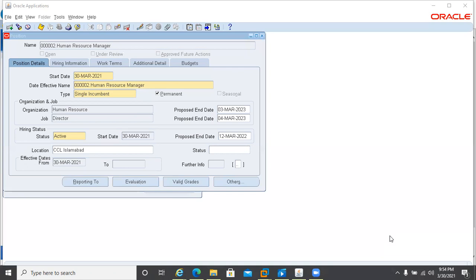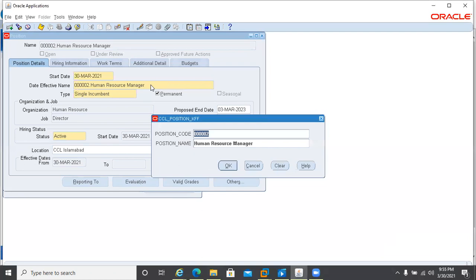So I want to delete this position. Because this position is not attached to any employee, I can delete this position. Okay sir. Finally, give the remote access. Yes.